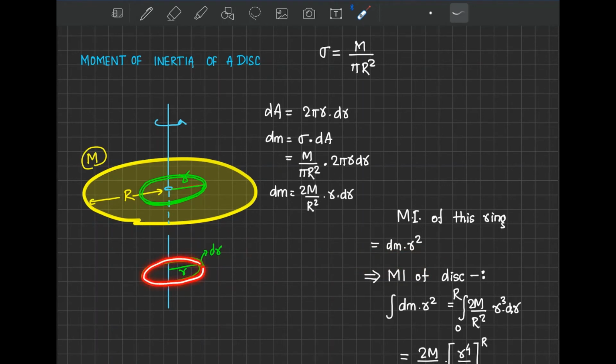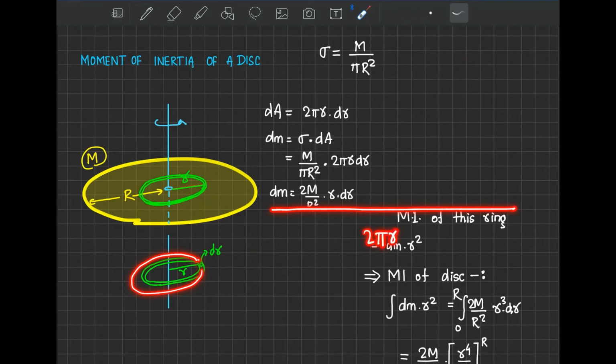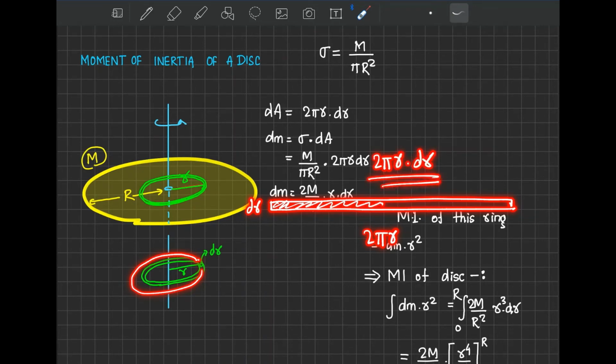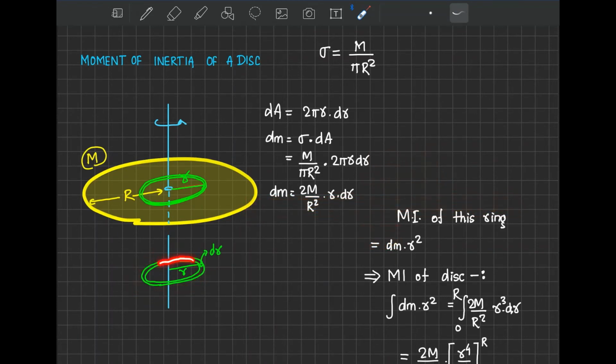Means this is a ring kind of structure. Let's say we cut it from here and spread it as a straight line. Then this total length will spread like a straight line like this. It will have a length of 2 pi r and a thickness dr. So what is this area? The area is 2 pi r into dr. This is a very small strip, so it can be stretched like a straight line, right? So this small area can be written as 2 pi r into dr. This is the small area of this strip.